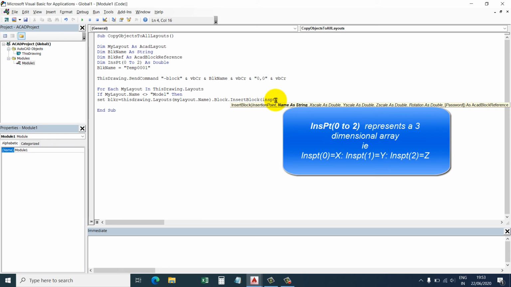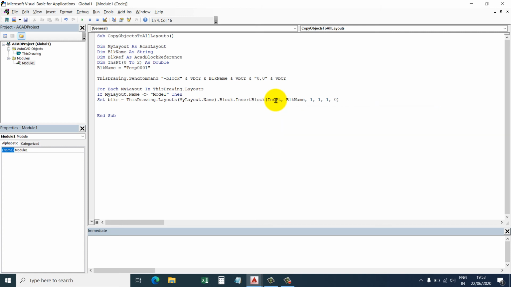So insertion point(0) to (2) is a 3-dimensional array, the XYZ values. If you don't assign any value, then XYZ is equal to 0. Then enter the X scale factor, which is 1, and Y scale, Z scale, then rotation.